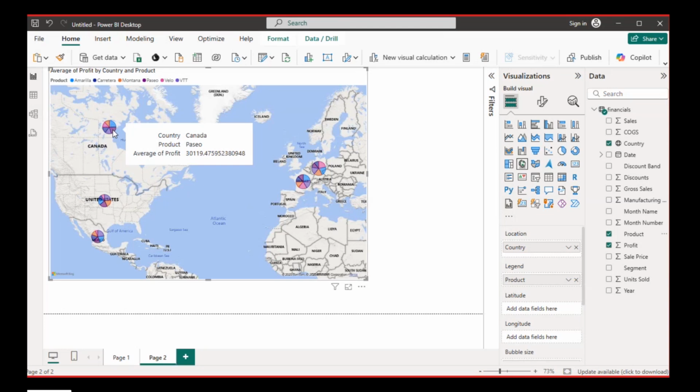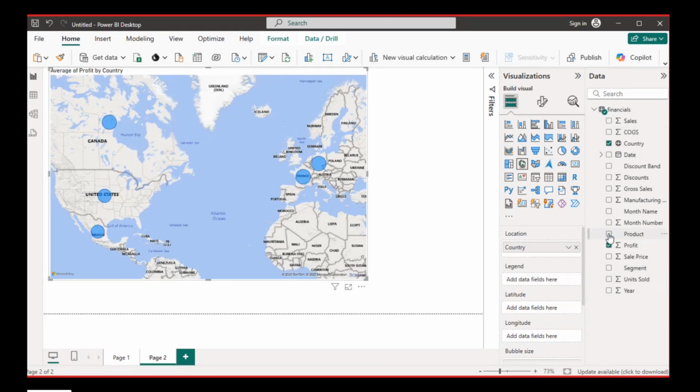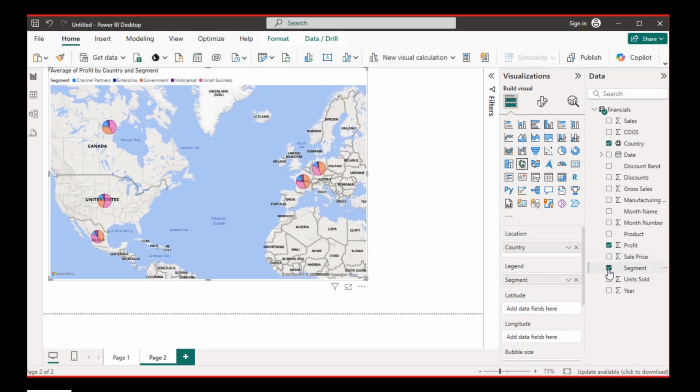Now this is not a very good example because our regions are scattered across. So I'm just going to check product, and the profit generated was similar. Maybe let me try segment instead, okay, good. So for segment, you can see